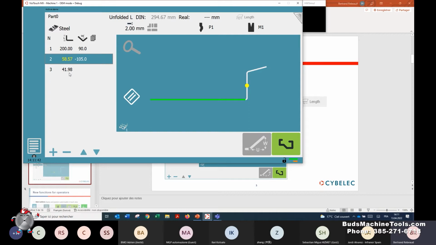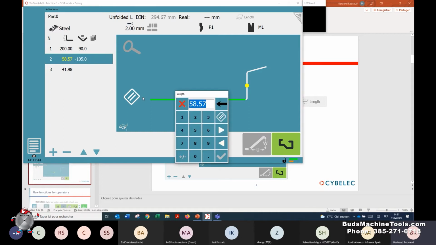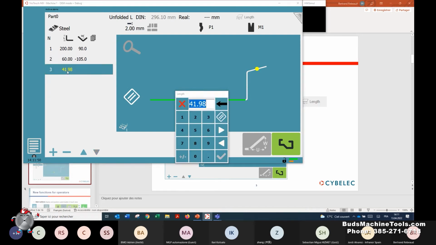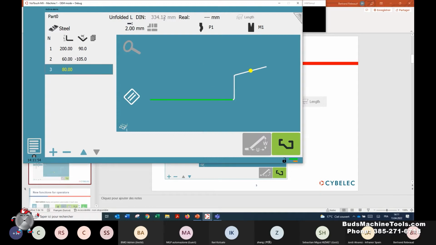You can edit the different length and bend angle. And here you can see there is calculate unfolded length. And you can modify this value. For example,